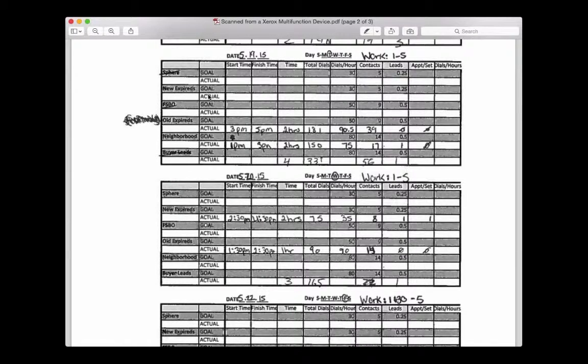So next is expired listings. Here you have expireds, and this is new expired. Typically with a new expired, you're actually just calling them one at a time, not usually using a dialer. If you are using a dialer, you're going to use a single line dialer. Same kind of ratios, 30 dials per hour, 5 contacts. Your leads are about